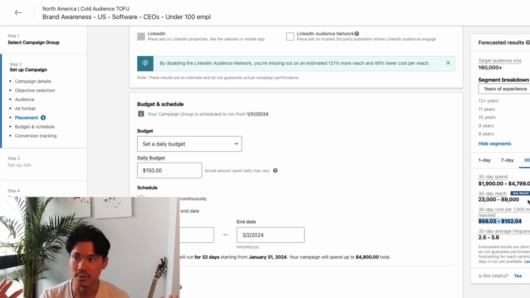To give you an example, let's pretend that you're selling to CEOs of Fortune 500 companies in America. That is a very expensive audience because these people have a lot of buying power and a lot of budget. Whereas if you're going after someone who is newly graduated from college in Eastern Europe, yeah, it's going to be a bit of a cheaper audience because they don't have as much buying power. And there's also just a lot less people vying for their attention. So as you adjust your targeting, these numbers will change, but these numbers are not accurate because they don't take into consideration yet the quality of your ad.